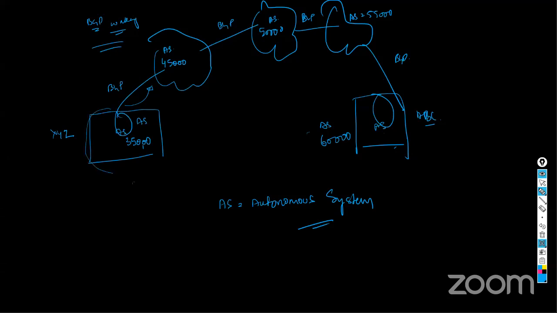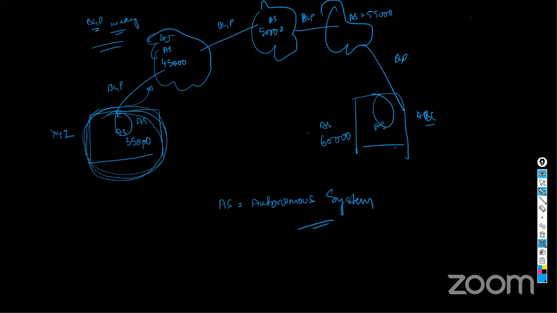Autonomous system is nothing but a complete administrative component where you have some policies. In this administrative group, you have some set of policies you're setting up, which remain within this enterprise or within this component. So that acts as one autonomous system. Similarly, there is an autonomous system on the ISP side. Let's say this is AT&T. It will have its own policy, its own mechanism, its own path attributes, right? So it forms one autonomous system. That's a very important thing.